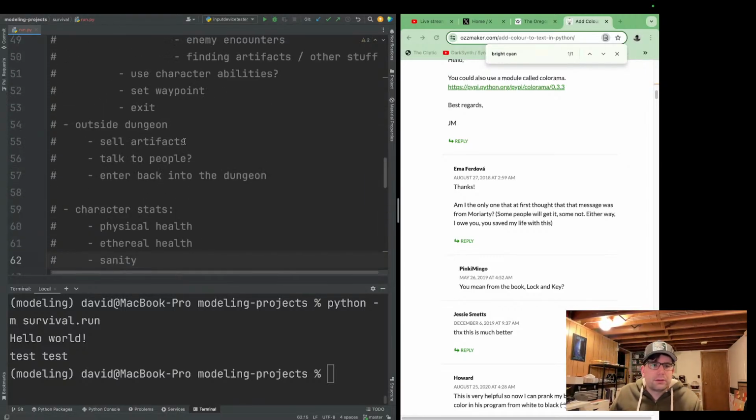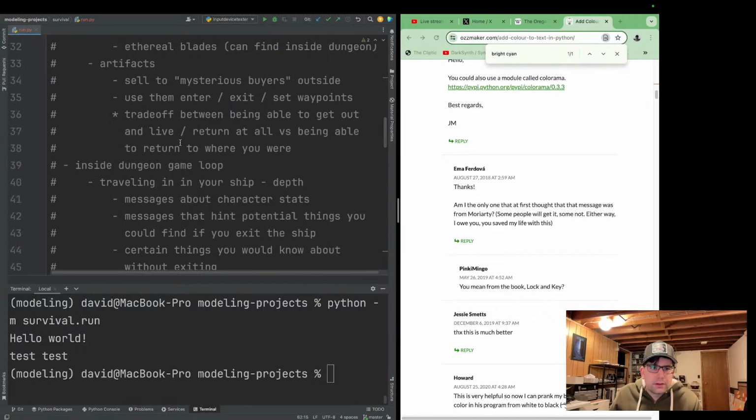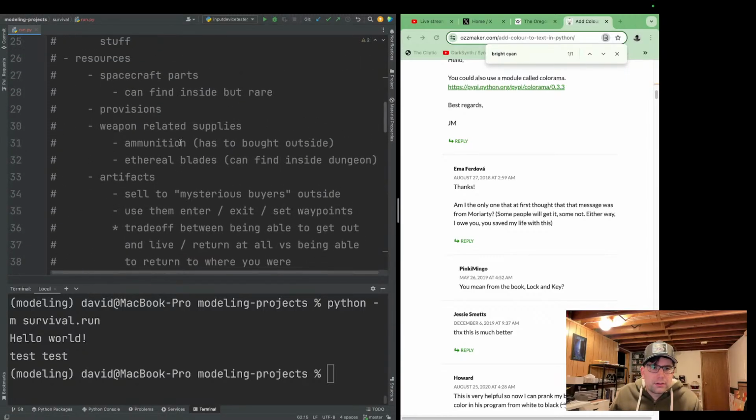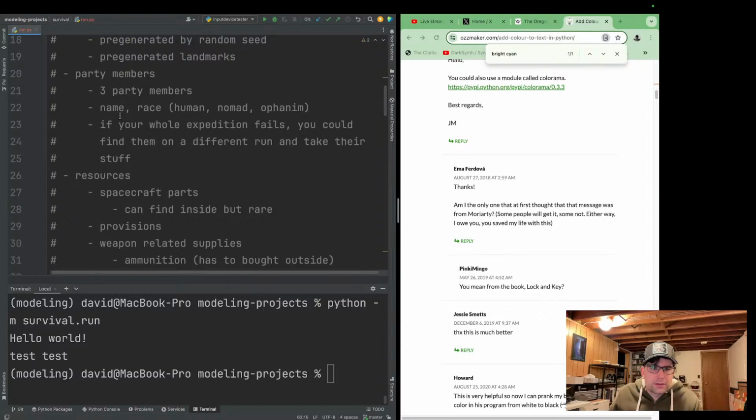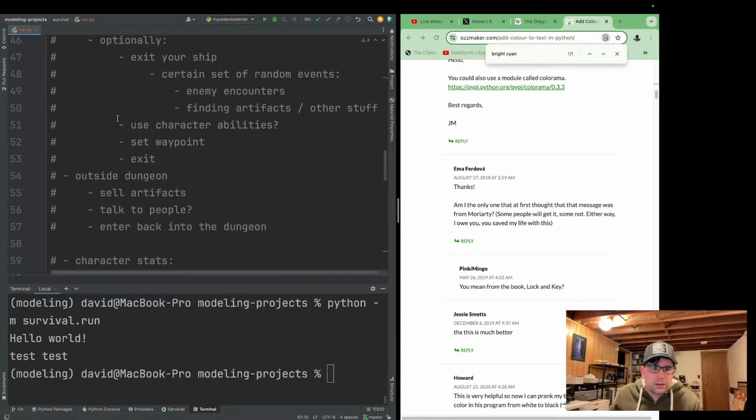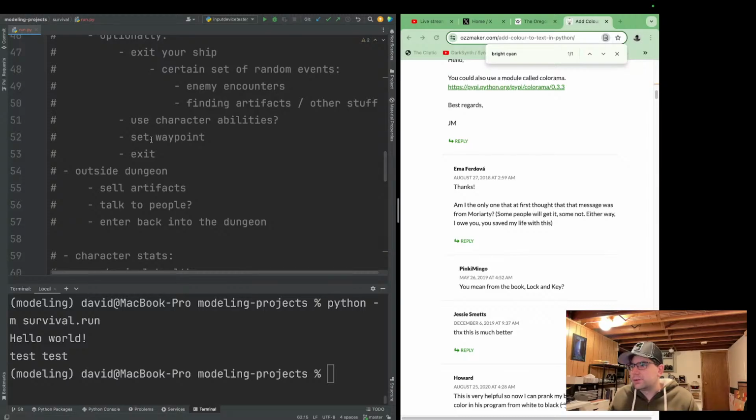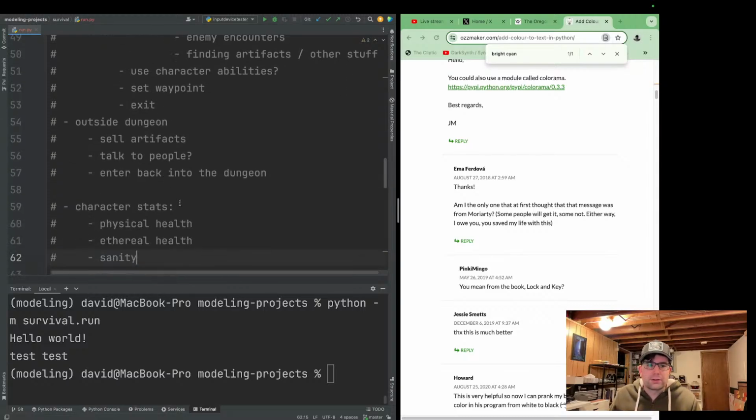And I don't know, this might be overkill, but you could potentially discover spells or abilities inside the dungeon too, as a way of leveling up the characters.